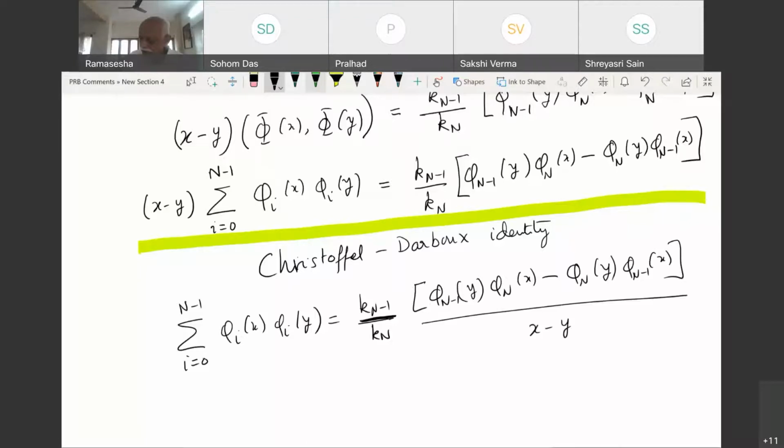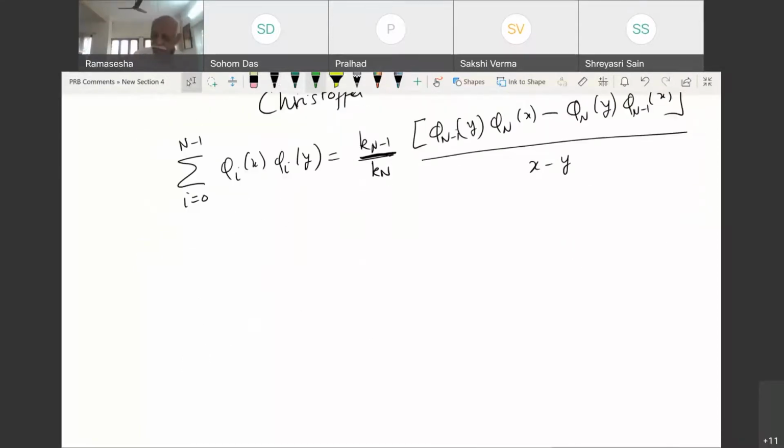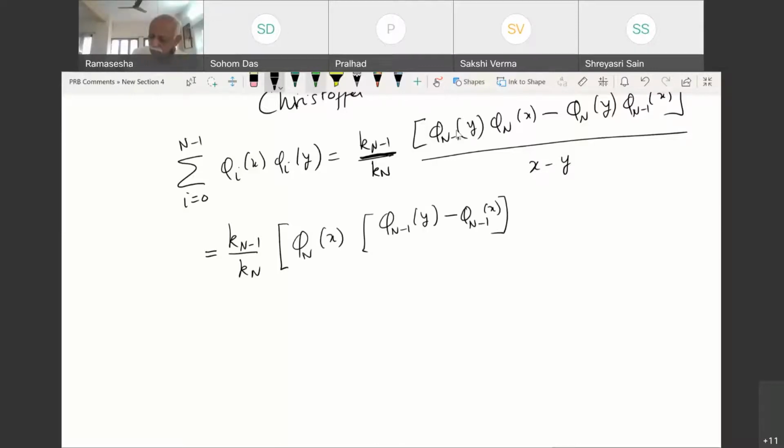And the right hand side is equal to k_{n-1} upon k_n. I can write it as phi_n(x) times phi_n(y) phi_{n-1}(x) divided by x minus y plus